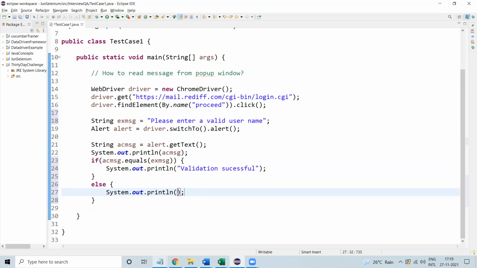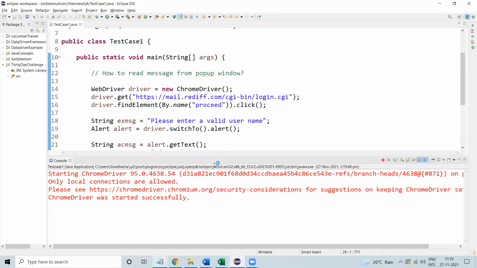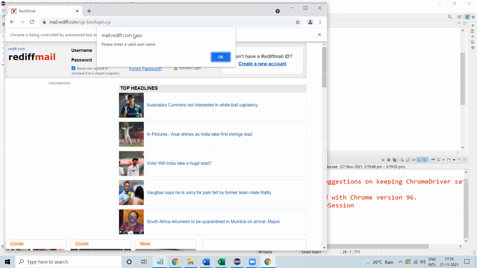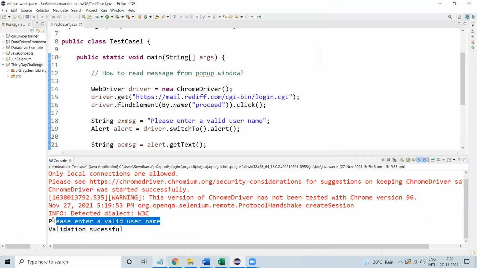Else it is going to print validation not successful. Right. So we'll see how it is working. Navigate to the site, click on sign in, the pop-up is coming. So the message will be shown over here and validation successful.